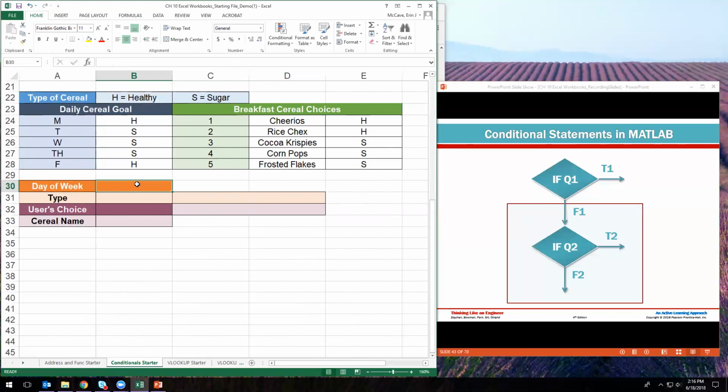So we're going to code all of this in Excel so we can make some of these complicated decisions very easily for a user. So here, I'm just going to input an M for Monday so that we can start our coding within our Excel. And so here, based on my Monday, the type of cereal is going to end up being an H for healthy. So for our if statement,